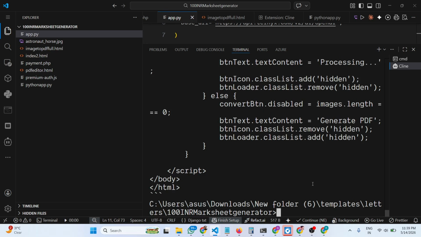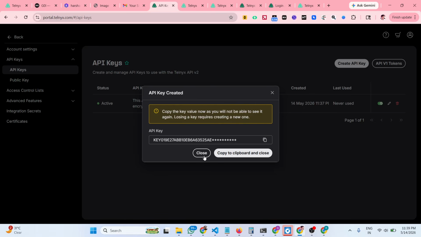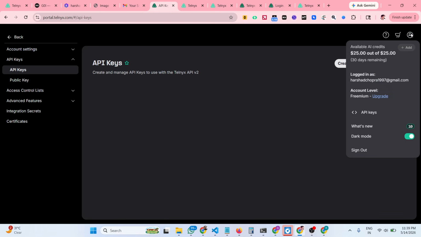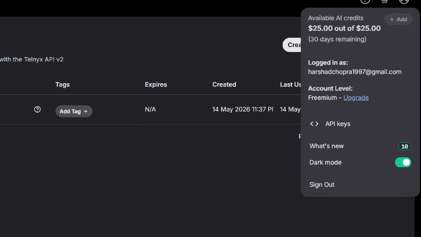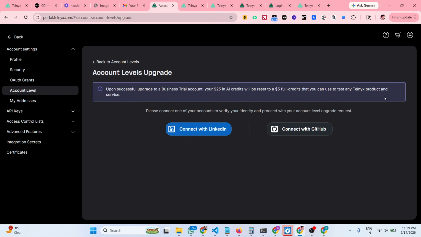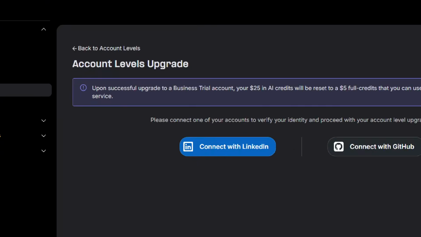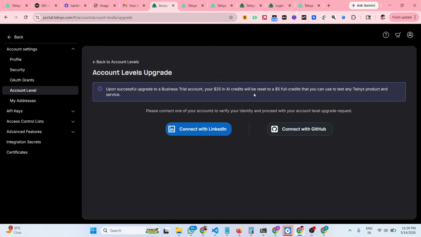Now it has completed generating all the code here. And if you look inside your usage section, you will get this notification. These are some of the credits here, $25. You can even upgrade as well. This is a free account. As you can see, we can click on the upgrade button as well. You can connect your GitHub account as well. Upon successful upgrade to a business trial account, your